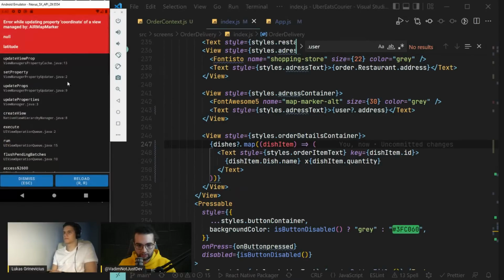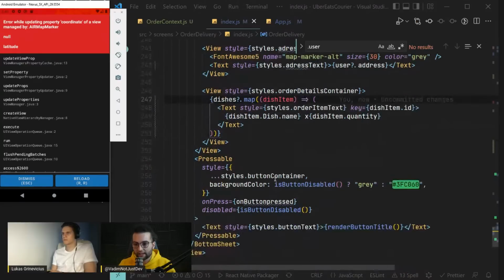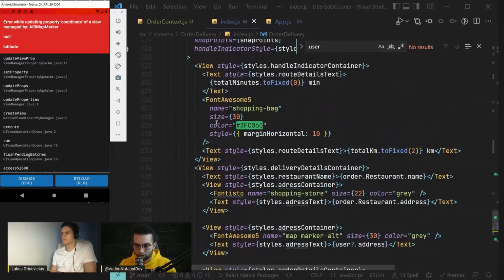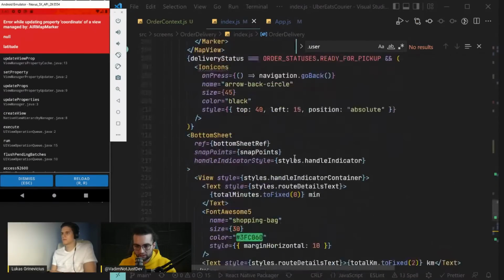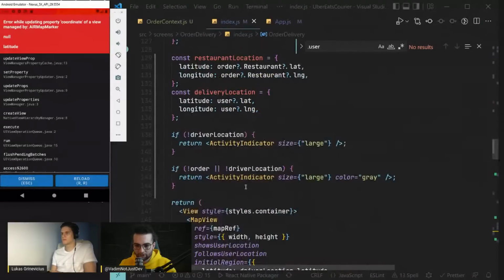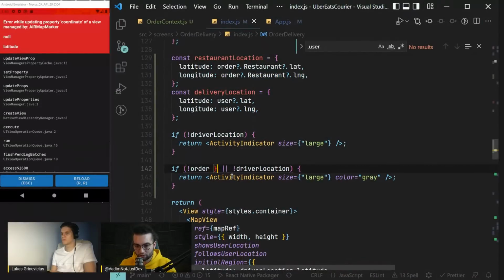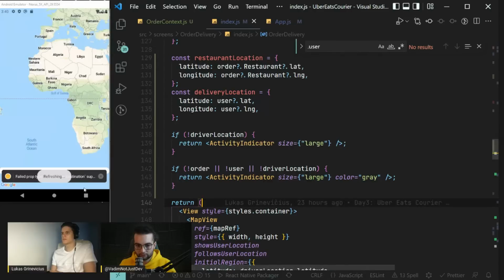Open it here. Coordinate of a view managed by air map marker latitude. Okay, user for the marker of a user. I was trying to render it before the user was fetched. So if user